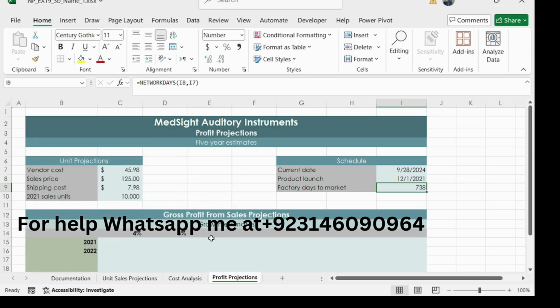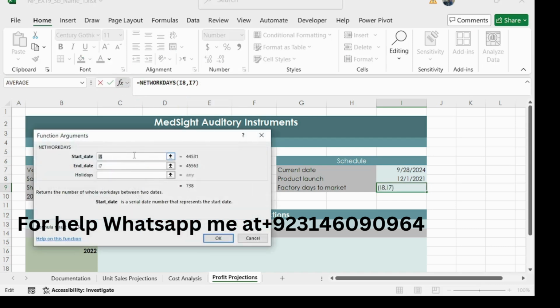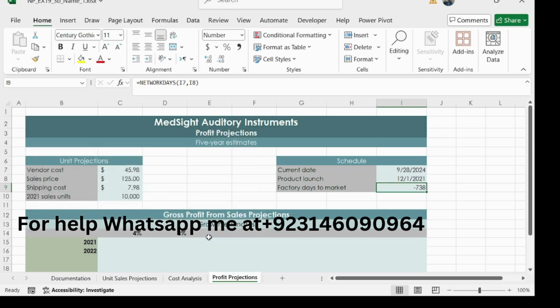So we have completed 10 steps here. Sorry, we made a mistake here. I think we need to put the right value here, I7 as start date and end date is I8, and then click on OK. So we have completed 10 steps here, and our step number 11 is use the value